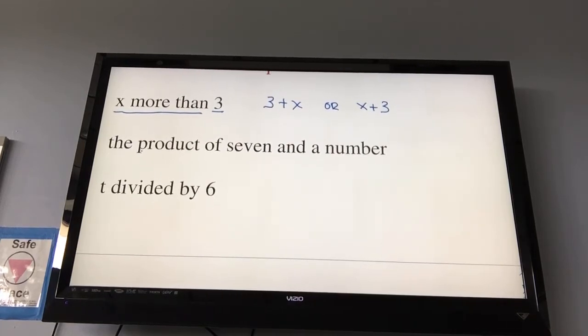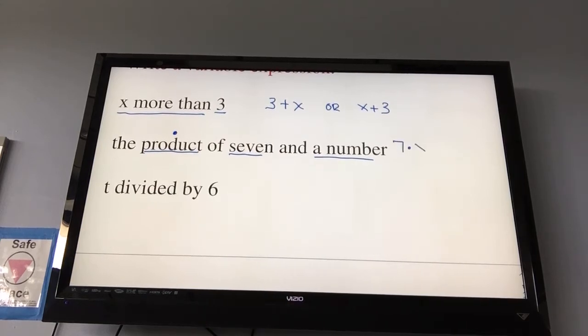The product, and there's where we go, you gotta know product means multiply, of 7 and a number. So 7 times x, and because multiplication is indicated when numbers and variables, or just variables, are right next to each other, you don't have to have the times symbol. When 7 and x are right next to each other, we know that means multiplication. T divided by, once again, if we don't know that means division, I don't know what to say, sorry. I'm not trying to be demeaning or condescending, but my gosh, divide, it means divide. So t